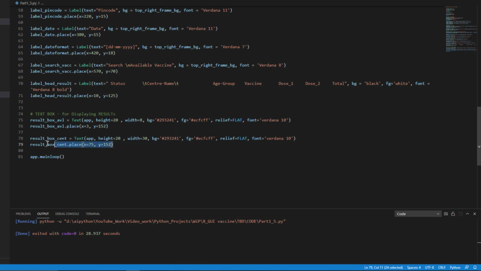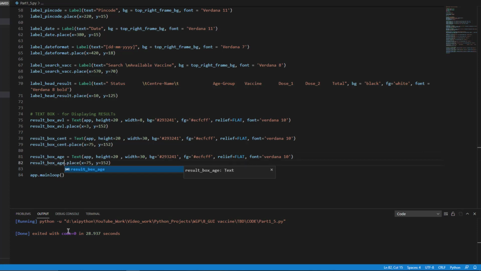So let's go ahead and create another box, right? And this time it will be for displaying the age, and in this case I'll name it age, right? Again app will be there, height will be 20, and width will be 8 this time.